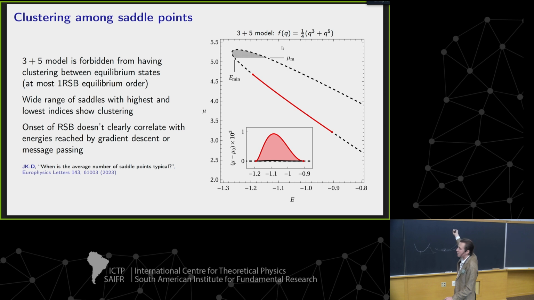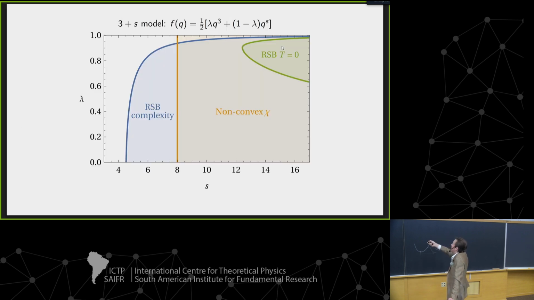But I guess the point of this picture was that it's teaching us that we can't hope to describe this with this sort of structure, because one of the models we're interested in, which has non-trivial dynamics, doesn't even have a non-trivial complexity. Okay. So it's kind of a null result.